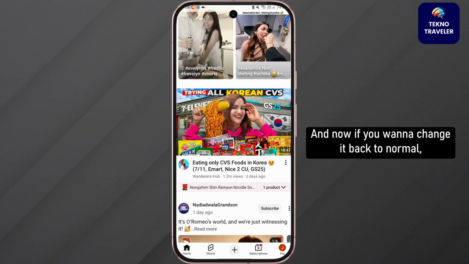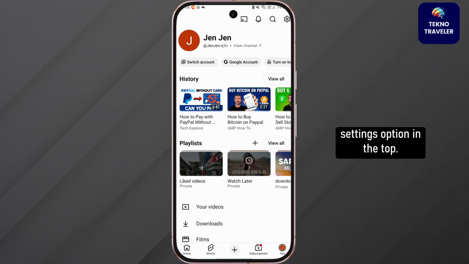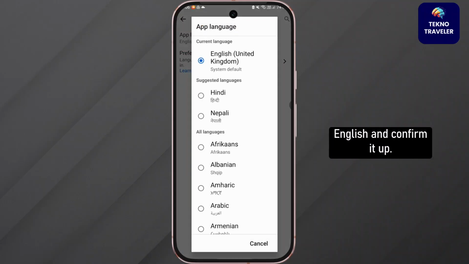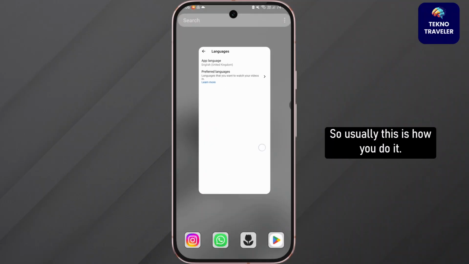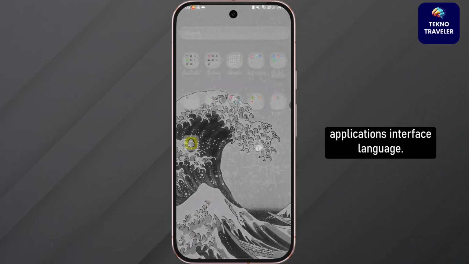You can see. And now if you want to change it back to normal, tap on you and go to the settings option at the top, and again go to languages, and this time select the app language as English and confirm it. So usually this is how you do it. You should be able to follow this step in order to make the changes to your YouTube application's interface